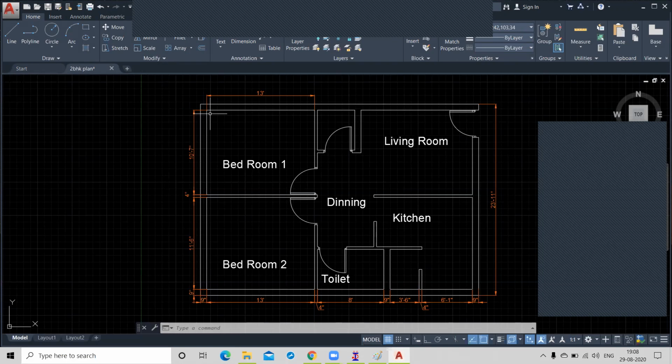Now, who will decide where the column is placed or where it is not placed? A civil engineer? No. RCC consultant. You are not an RCC consultant. The structural engineer will decide the position. Okay. All of us are civil engineers, right? Or maybe you have experience. Yes or no?